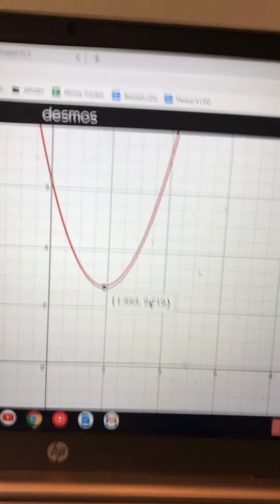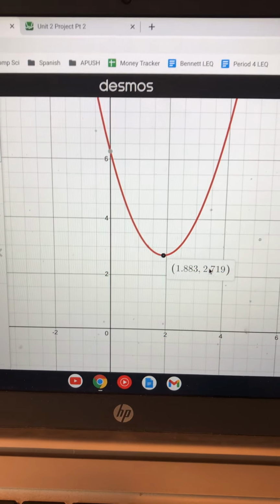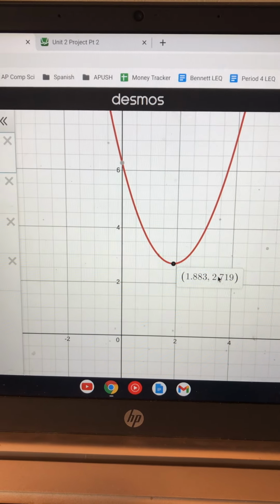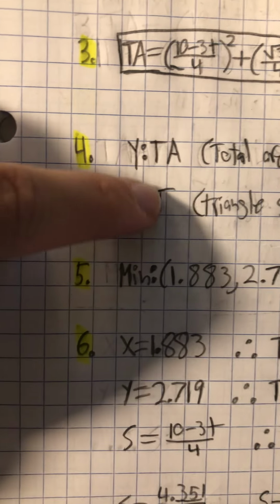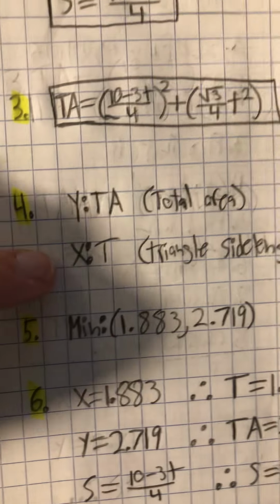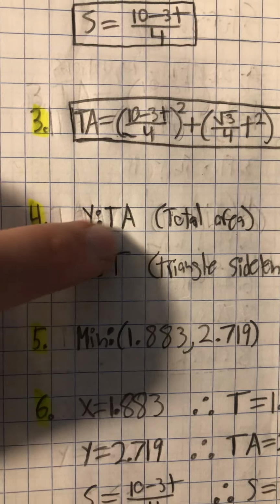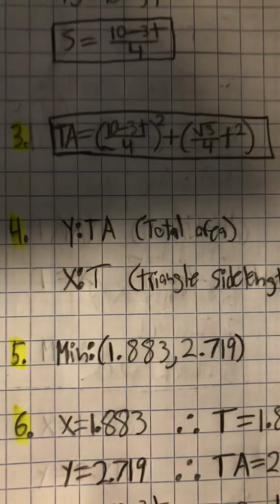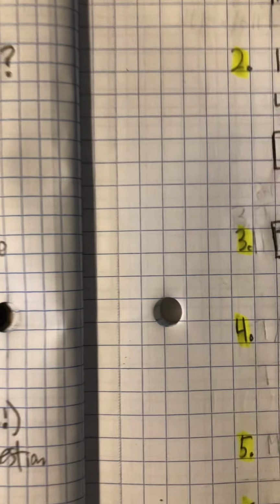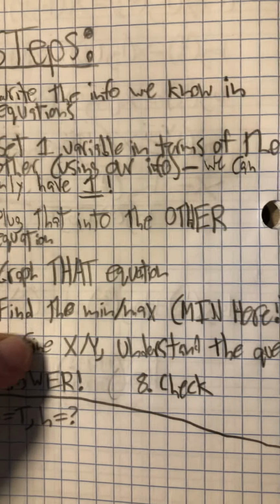So this is the hardest part. The biggest, easiest way to make a mistake is if you didn't make it clear. I made it clear what my x and y were, right? Total area for y and triangle side length for t. But if you got confused and thought that this was a square side length, you'd get everything wrong. So that's the important thing. Really be clear. That's why I have a whole step, which is define x and y, so you really know